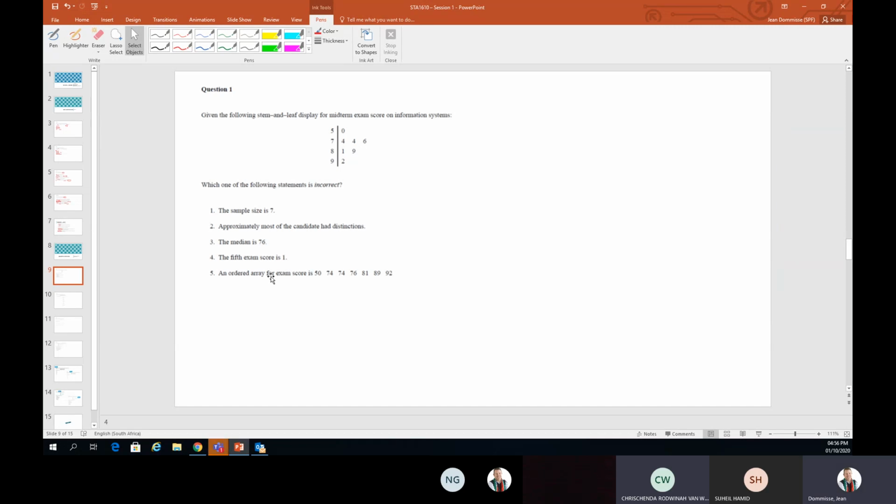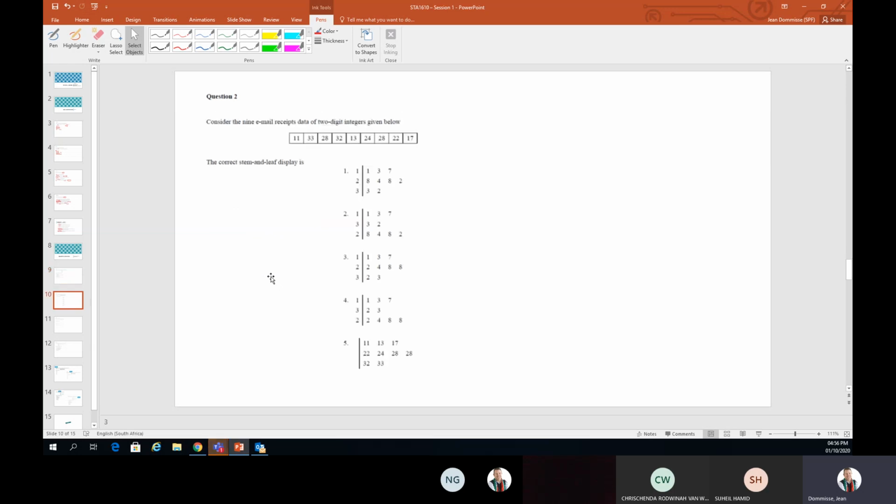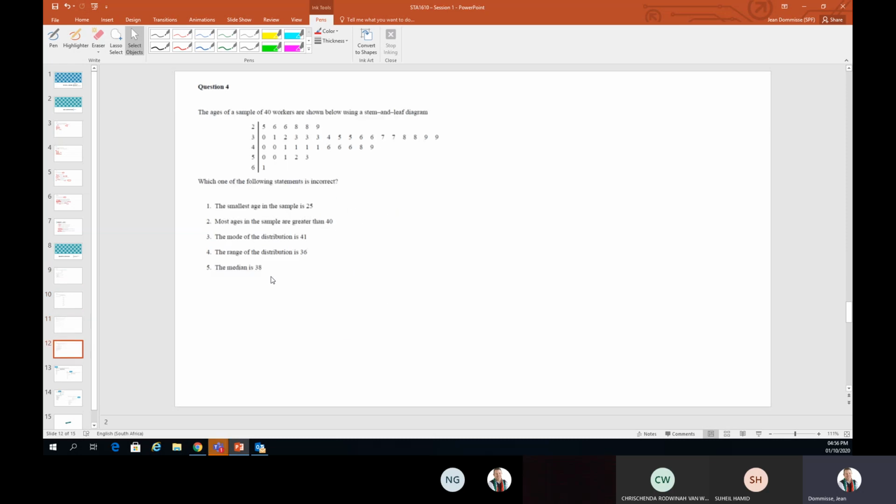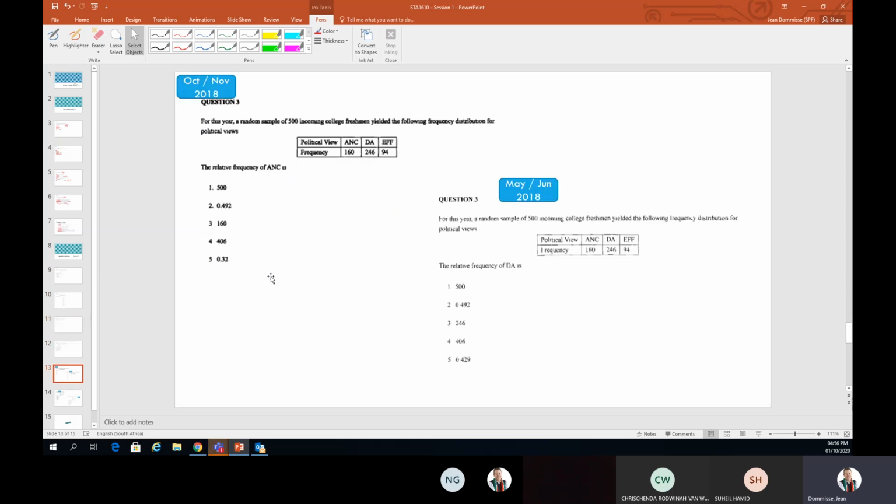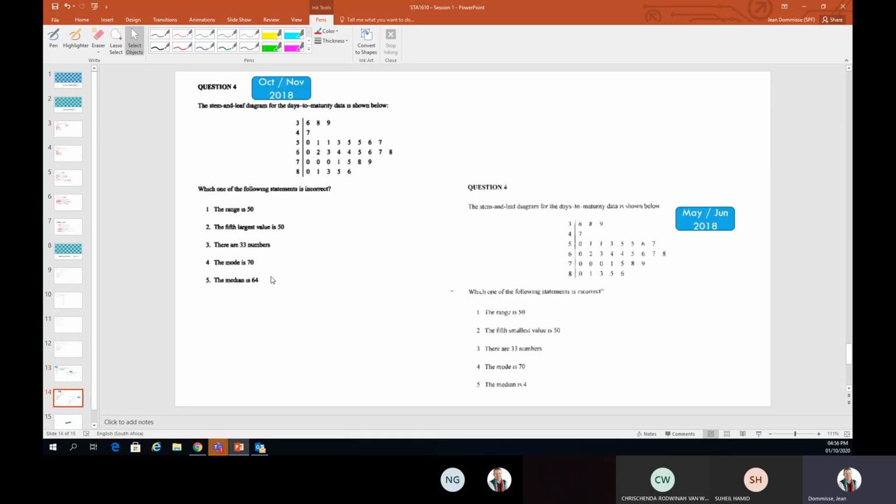Okay, so for study unit 1, I think the notes are spot on, because you can just match them with what they are asking. I think there was a lot of asking about stem and leaf. So for the rest of the session, you'll see I have a few questions on stem and leaf that I want to get to, some frequency tables that were in previous exams, and also stem and leaf in a previous exam.